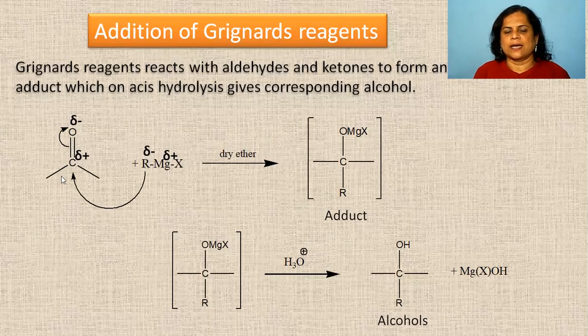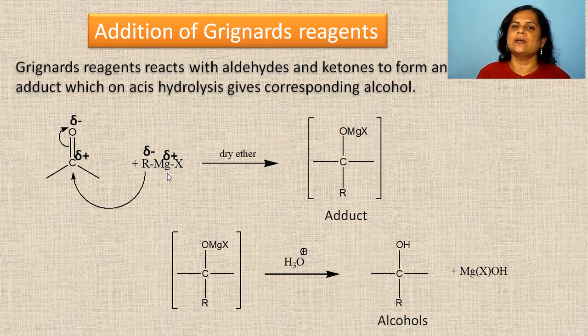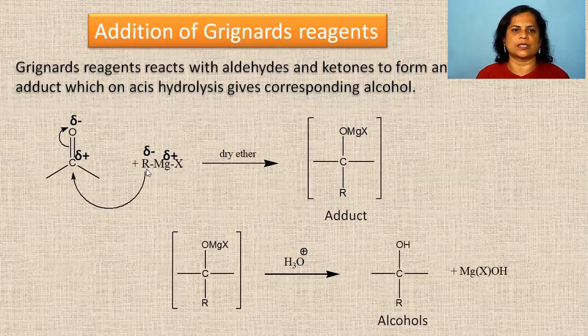See, this is a carbonyl compound: the carbonyl carbon has a partial positive charge, and the carbonyl oxygen has a partial negative charge. When we add Grignard's reagent, RMgX, R has a partial negative charge, and Mg, which is with the X, has a partial positive charge. Therefore, remember, whenever we add this Grignard's reagent, it first breaks into two parts, R minus and MgX, which has the partial positive charge. And in the carbonyl structure, the carbonyl carbon has a partial positive charge.